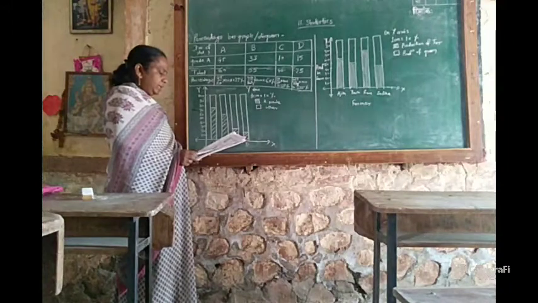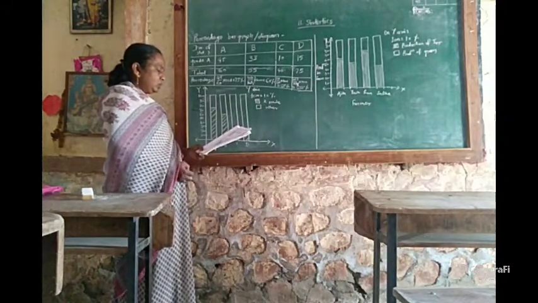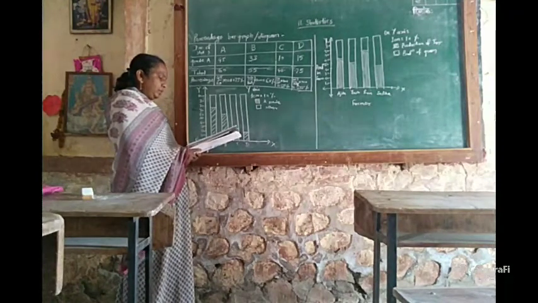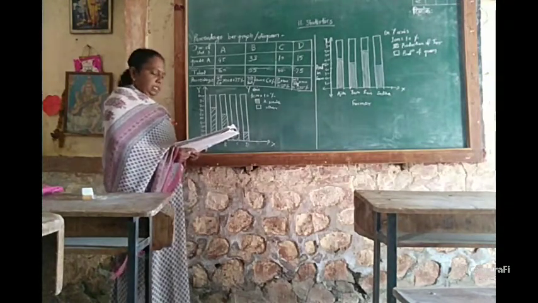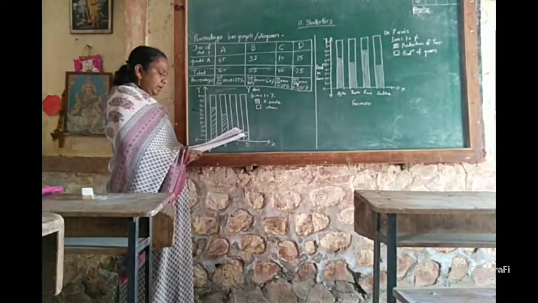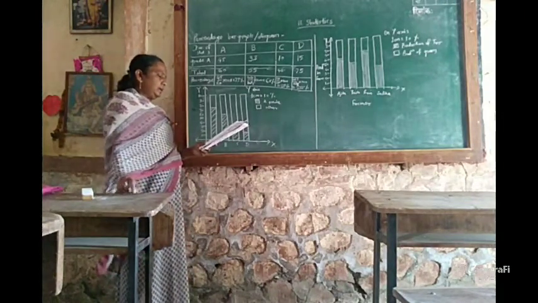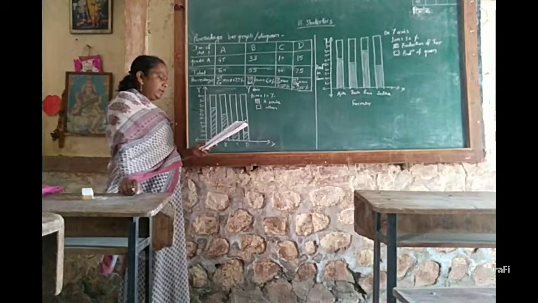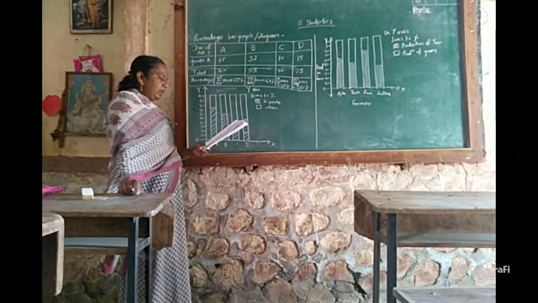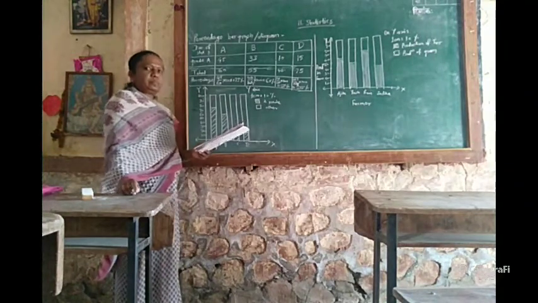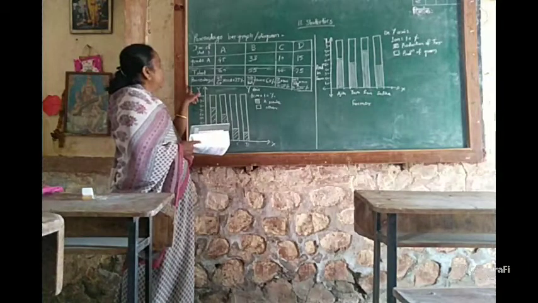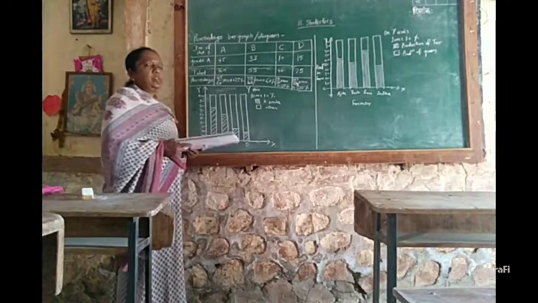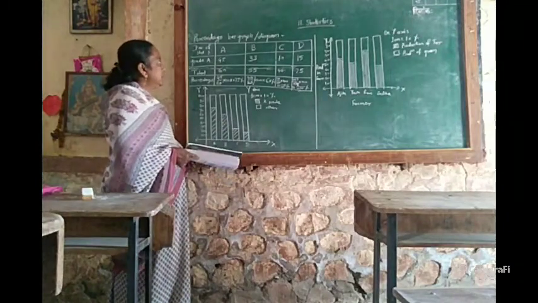I have taken an example from practice set 11.3. See the first example. Show the following information by a percentage bar graph. In this example, they have given the information about the number of students who secured A grade in the different divisions of standard 8. Four divisions are given, A, B, C, D, and the number of students who secured grade A are given here, and they also gave us the total number of students. I also added one more row again. The percentage is the last row.